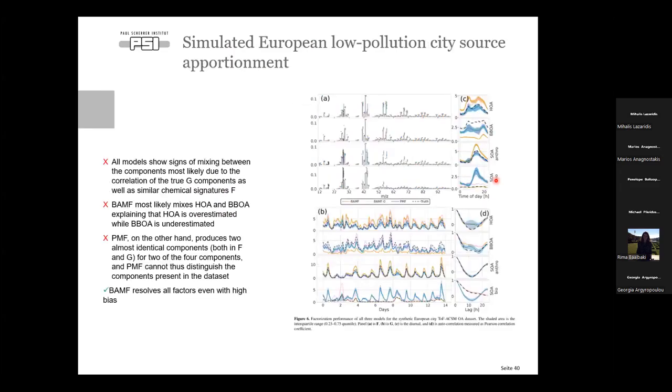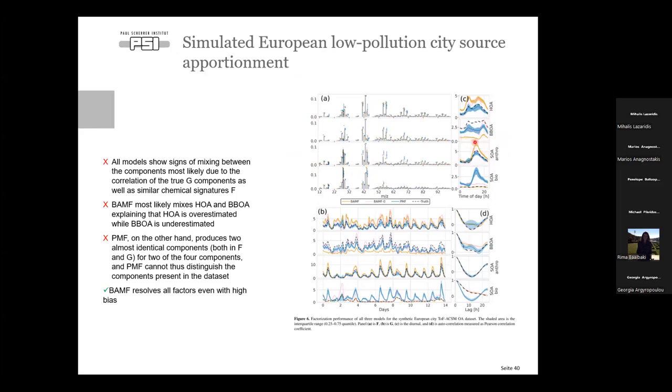Now we move to the data from the European city, the data simulating Zurich. In this case, because we had low concentration and high correlation between the emissions from the different sources, it starts to get tricky for all models. I forgot to mention that all the runs I'm showing you here were fully unconstrained. So we used PMF unconstrained, not the way we usually do, constraining some factors.